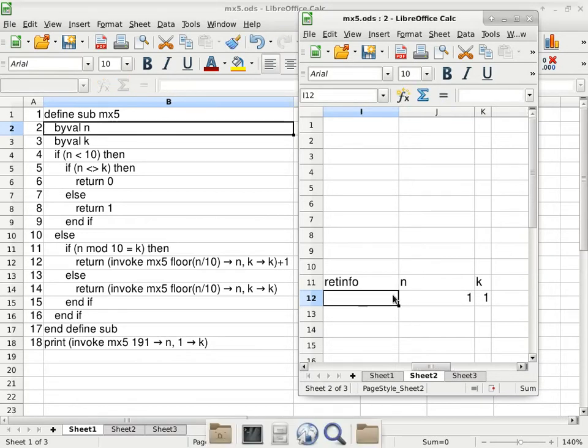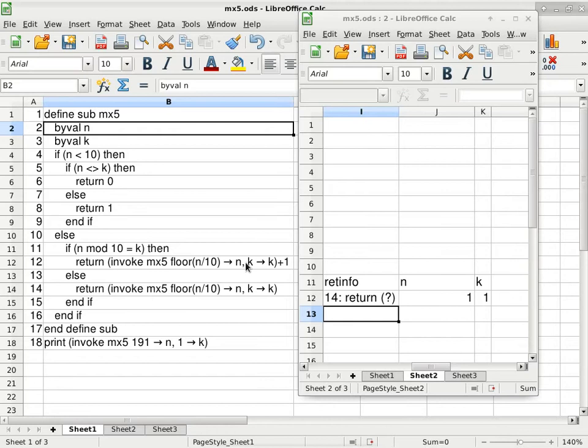So we put a 1 here, and then the return info cell has to indicate, when the invocation of MX5 on line 14 is done, where do we go, and what else do we have to do when we get back there? So we have to get back onto line 14. On line 14, we have to get back onto line 14 because we got the return to be done, but this time it doesn't have a +1 because the +1 is only happening on line 12, but not